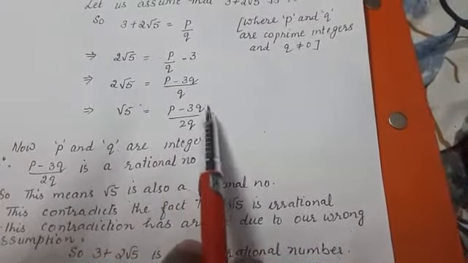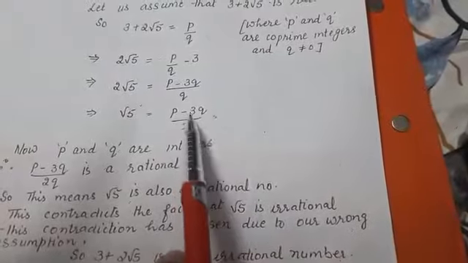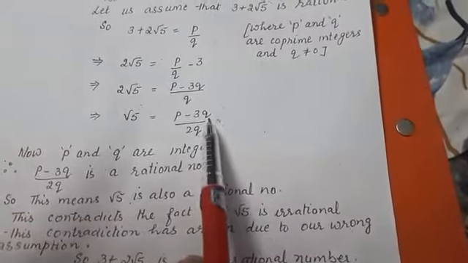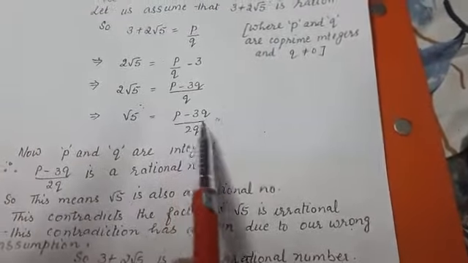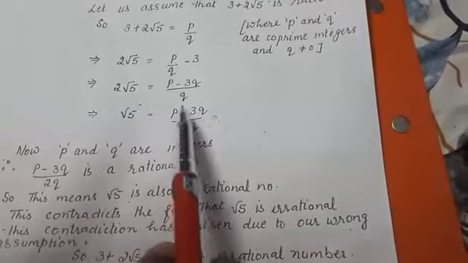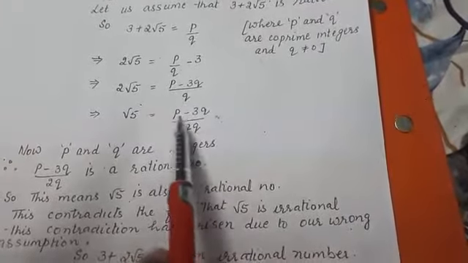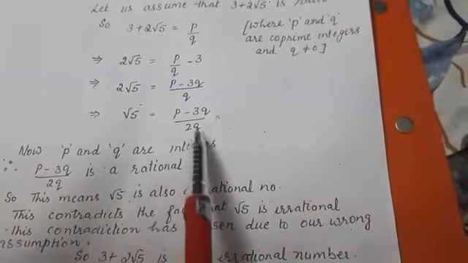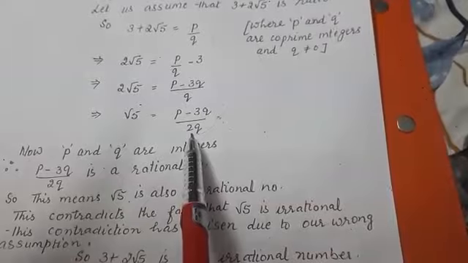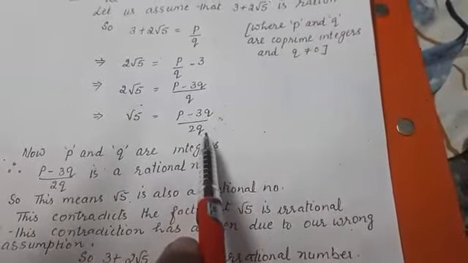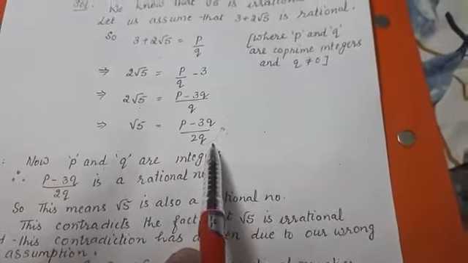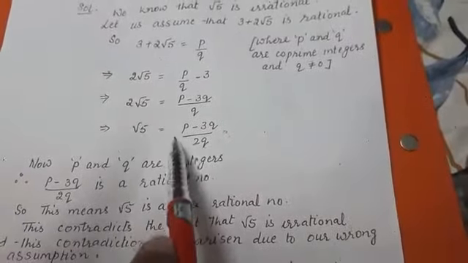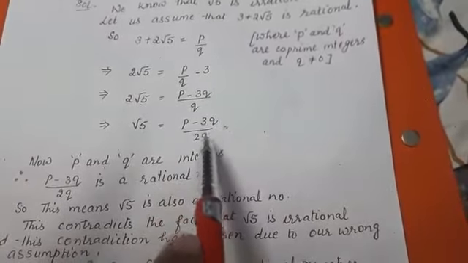So, 3Q is also an integer. As we said, multiplication is closed. When 3 and Q are multiplied, this is also an integer. Similarly, 2Q is also an integer. Now look at the numerator only. P minus 3Q. Integer minus integer. The numerator is also an integer. 2Q is also an integer. Now this is an integer, this is an integer. What is integer upon integer? That is a rational number. So this becomes a rational number. Why? Because integers are getting divided. So this is what I have written.